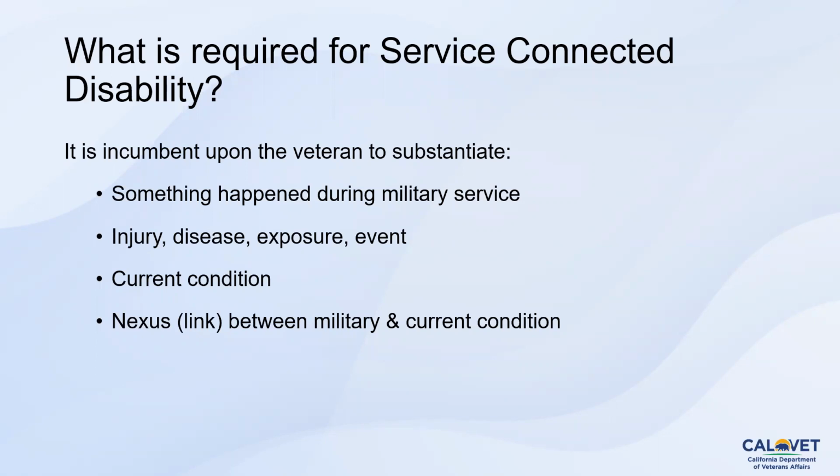So the claim is going to require 3 things. You're going to have a current issue, disease, injury, etc. We're going to have an event that occurred in service that either caused it, exacerbated it, or led to the issues you're dealing with today. And then we're going to have to put together the evidence necessary to link those to submit your claim. So that's what our office is going to do. We're going to sit down with you and go through this process. We're going to help you put that claim together and help you submit that claim.